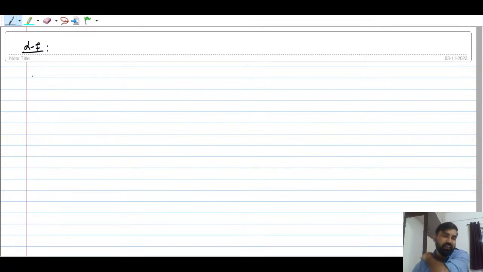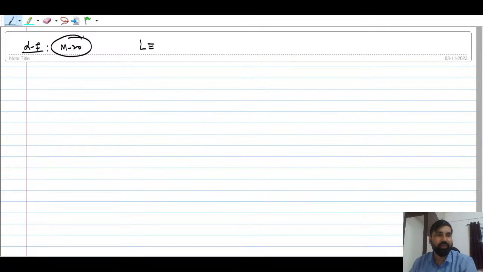Here I will start again with a similar thing to what I did last time: permutation for indistinct objects, or identical objects. I will take one question, which was asked in an exam. The question is: the number of words, with or without meaning, that can be formed from the letters of the word